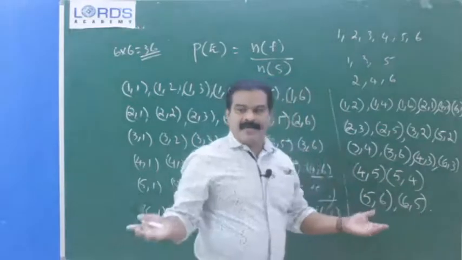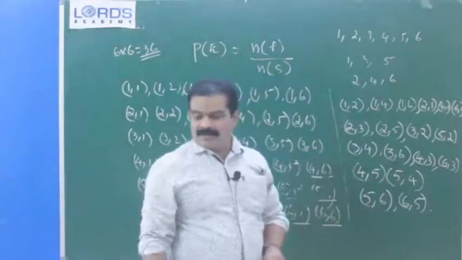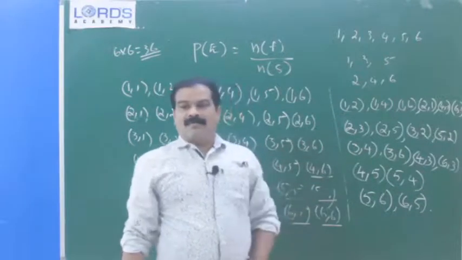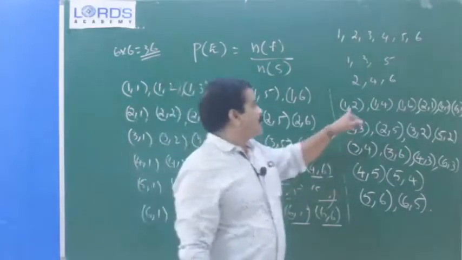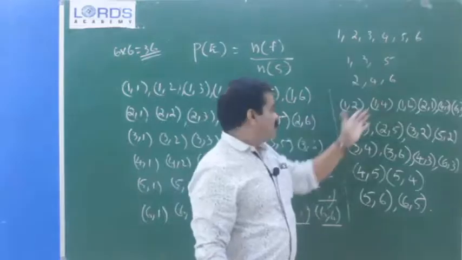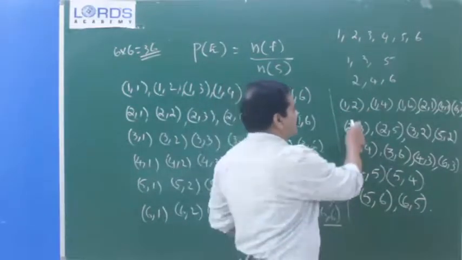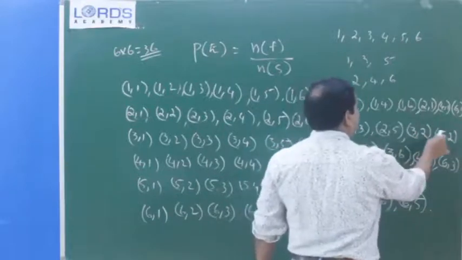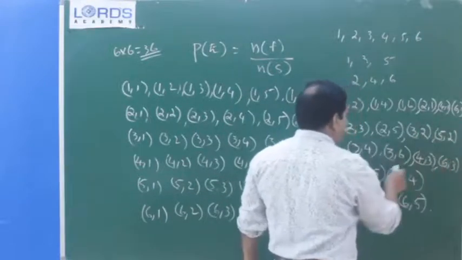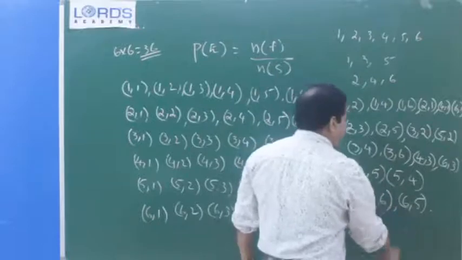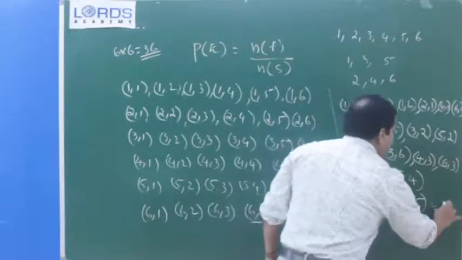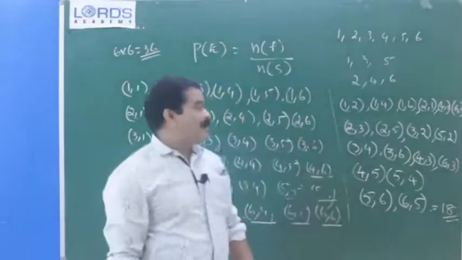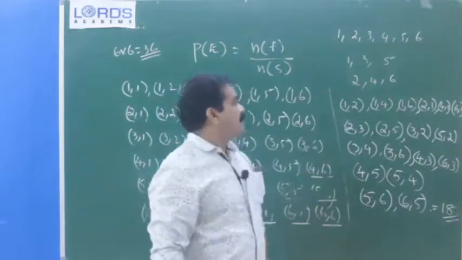This condition will be satisfied. The required question is, what will be the probability of getting one side of a coin that is a multiple of 2 and the other is odd. You can check it. Then how many of them are there? 1, 2, 3, up to 18. 18 favorable cases are there. You have to write this 18.